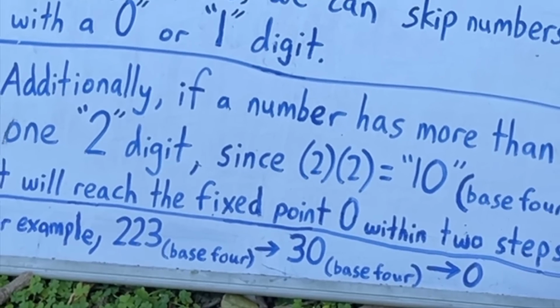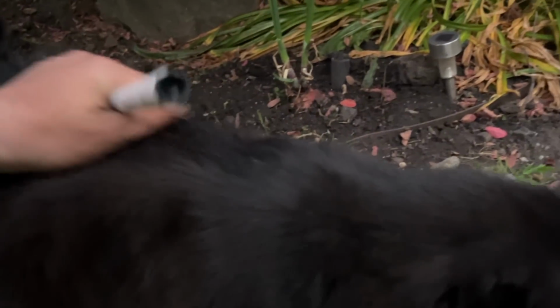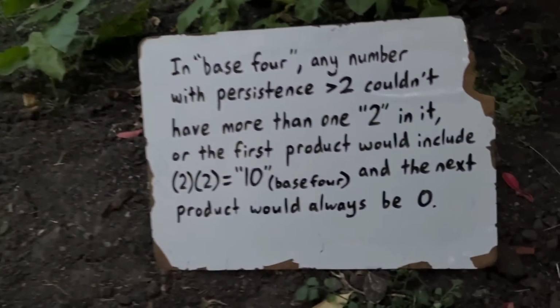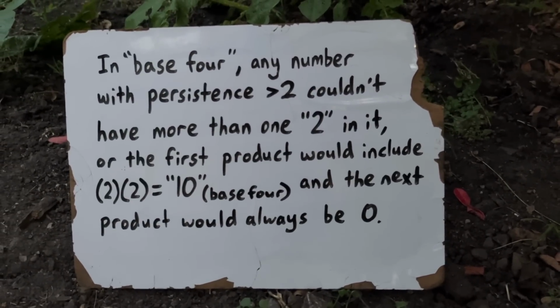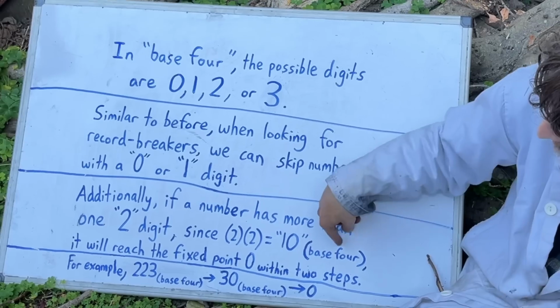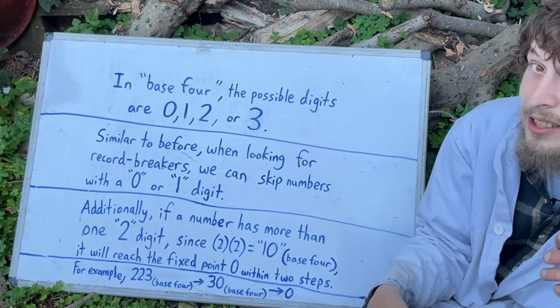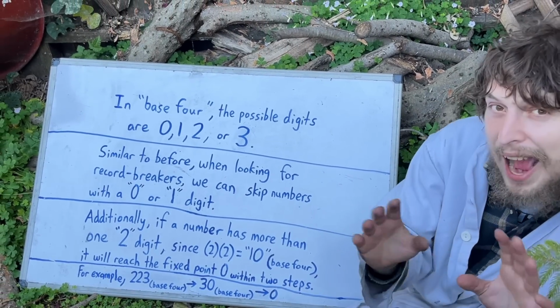But here we also meet the fact that if we have more than one of the digit 2 in base 4, like with a number that would look like 223 in this base, the product is guaranteed to have a 0 at the end, because 2 times 2 equals the base number, and so that could last a maximum of